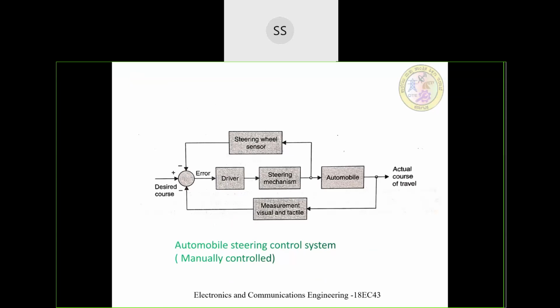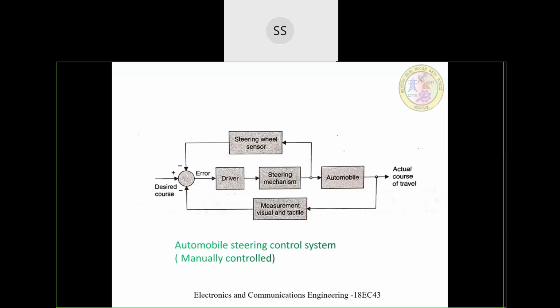So now this is an example showing a particular direction. Assume that the driver is going in a particular direction on a road. Here the steering action is most important. If the steering wheel is not held constant, there are chances that the driver may deviate from the actual path. Then the automobile or the vehicle will start moving in a different direction.